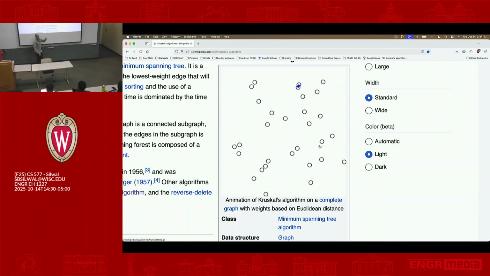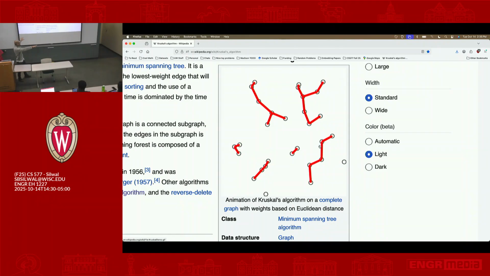So it's a fully connected graph. So first, it sorts all the edges by weight, and it's trying to add smaller and smaller edges, but it keeps adding them as long as they don't make a loop with any of the existing edges in the graph. So you can see how it's creating the tree in